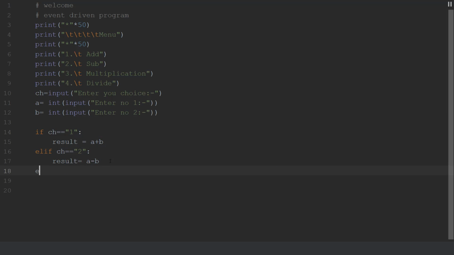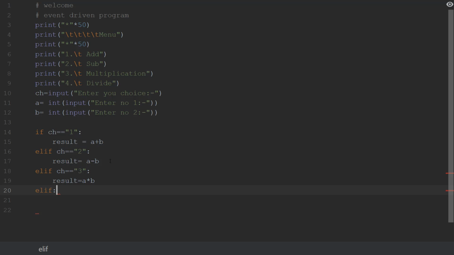Then again, if ch is equals to 3, then result is equals to a multiplied by b. Okay, and finally else